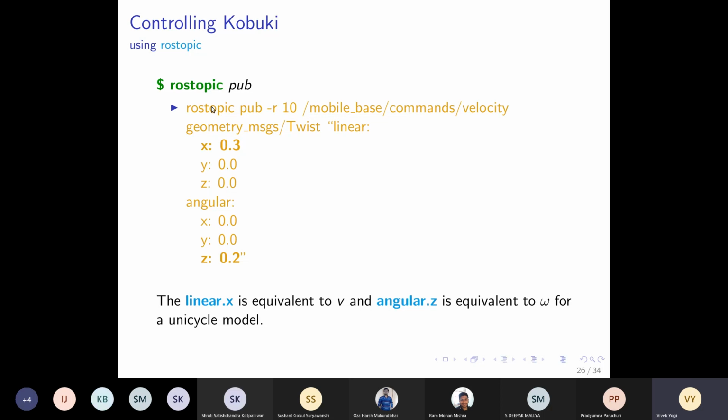You just need to type ROS topic pub and the name of the topic where you want to publish. When I write /m and press tab, it will automatically complete. Then I will press /c, it will automatically complete. So you can use that autocomplete thing. We will write to this topic, and then we will just write geometry. Then again we can press tab, and it will complete this message for us. So let me show you this in action.